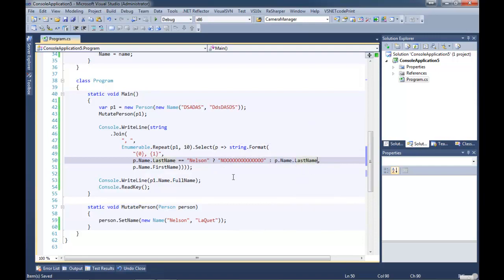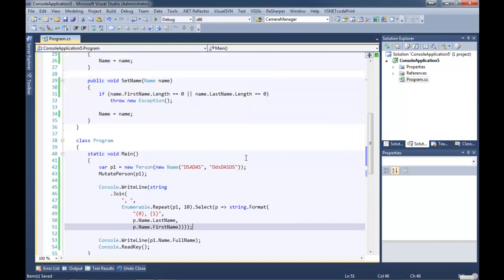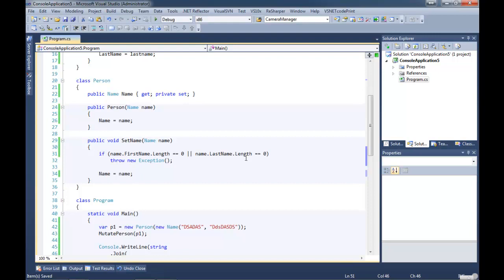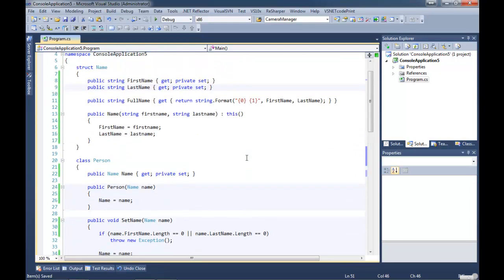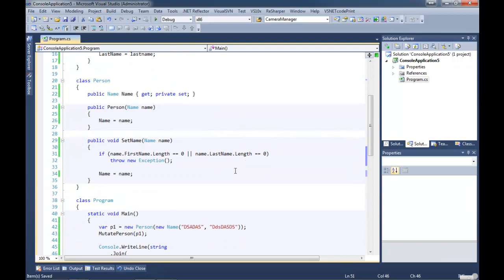There we go. There's an example of a ternary. So basically now I'm saying that if the last name is Nelson, then print something else, otherwise print that. Gotcha. So it's not a practical example, but... No, but it gets the point across. Okay. Property initialization, which we can't do on our classes because they're all immutable. Well, they're not immutable, but they contain private state. Let me go ahead and